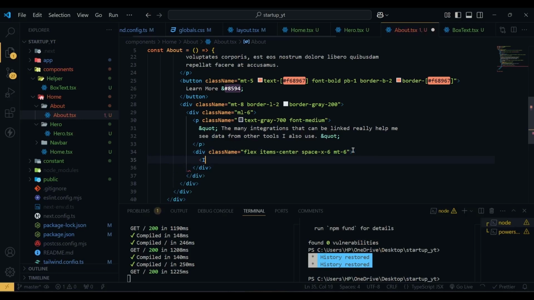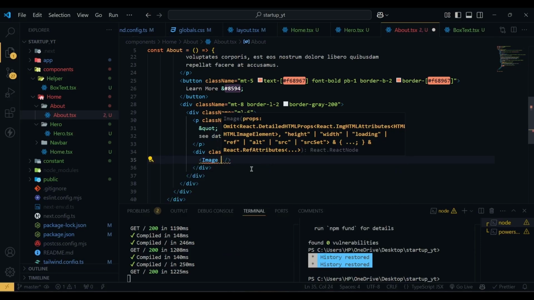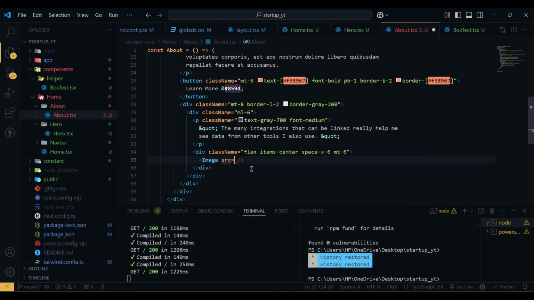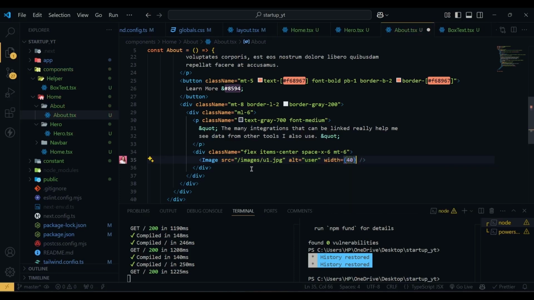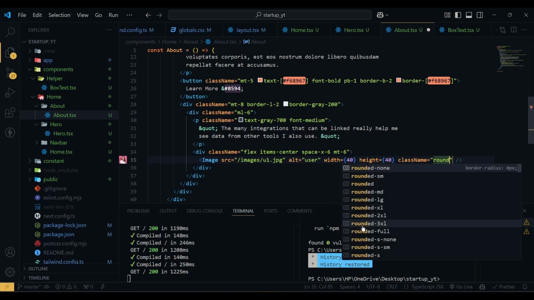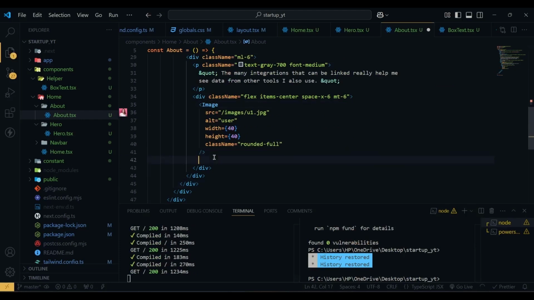And inside this div we have an image which is coming from next image, and here we have the source. The source will be slash images slash u1.jpg. The alt will be user, the width will be 40, height will be 40, and we have class name of rounded full. So now if I hit save, and after the image we have another div, and inside this div